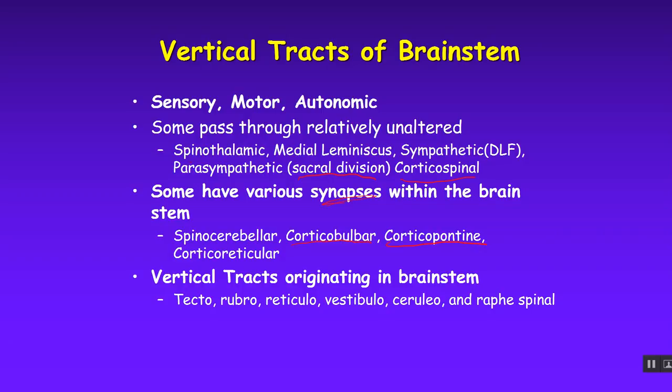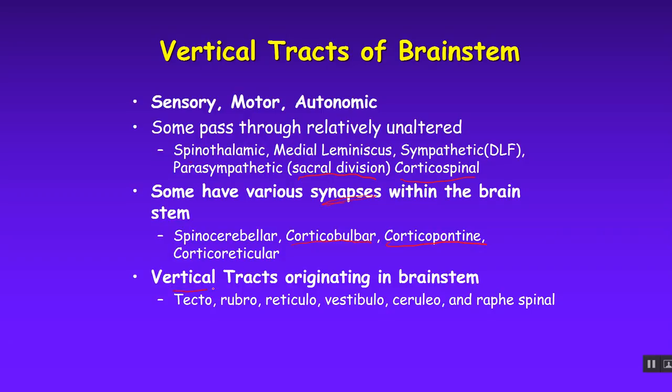And then there are also the corticopontine fibers that are all running with these two. They drop off their signal in the pontine nuclei, which then send it to the cerebellum to send that copy of the motor message that the cortical spinal tracts are carrying all the way down to the anterior horn cells. So